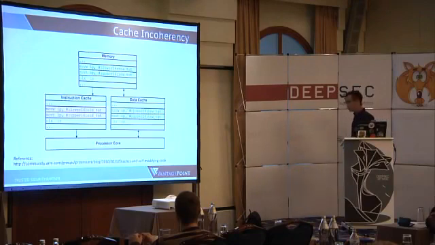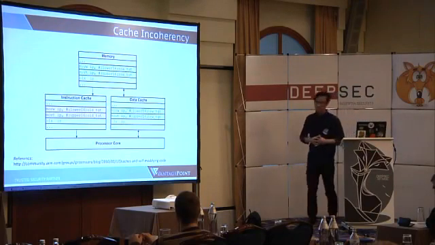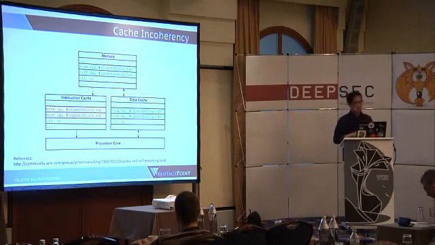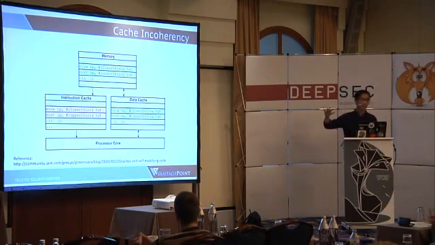When you come to writing exploits on MIPS architecture, there's a common problem called cache incoherency. What does it mean? If there are instructions that were already in the instruction cache, and you send your shellcode over, the instruction cache will always take priority over any other instructions that you send over. So you need to flush the cache in order to get your exploit to work.